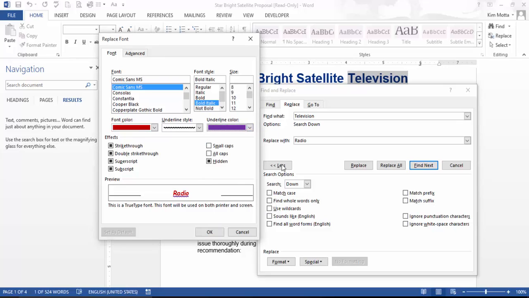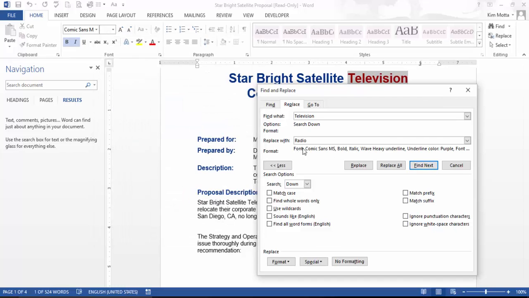Okay, once you've chosen what you want everything to be, or what the instructions have told you, you're going to click OK. Now, notice that down here, where we're replacing it, it has changed the format. If for some reason my cursor was still on television up here, it would have made the changes or only looked for television that had those things. So when you're replacing it, you need to make sure your cursor is on the word you want to change everything with. Now if I go find replace all,